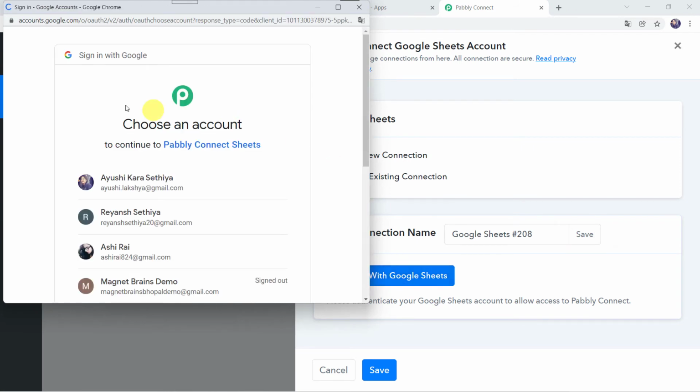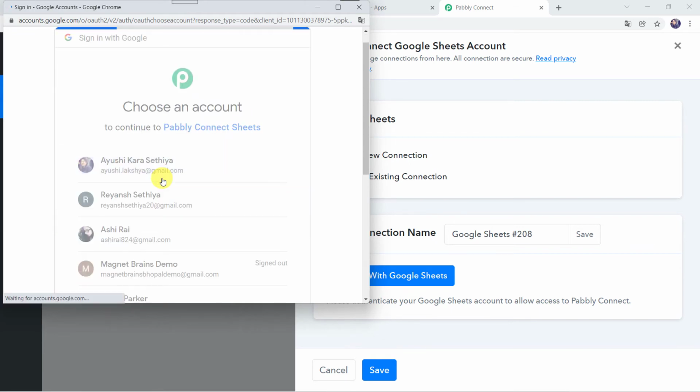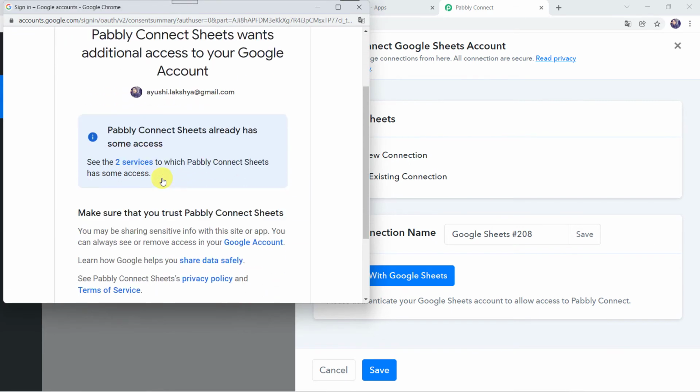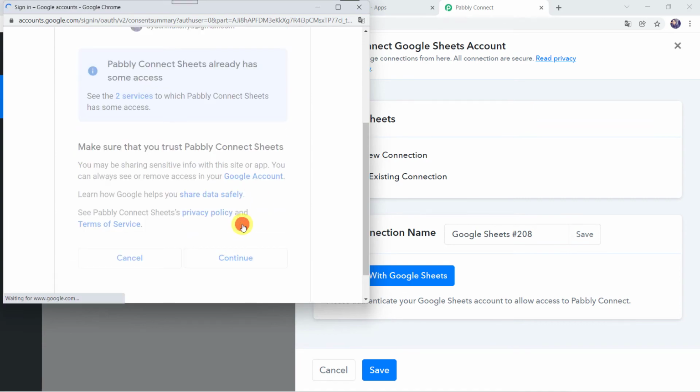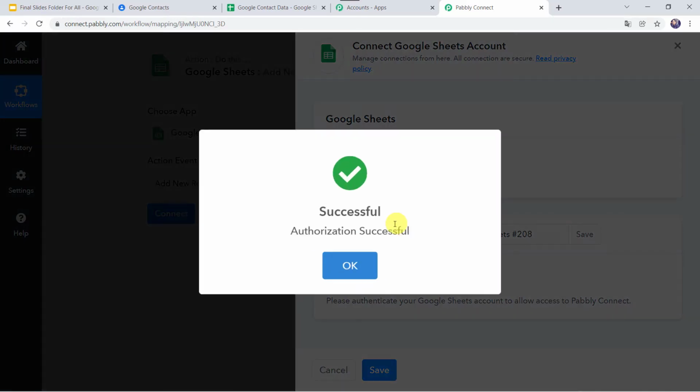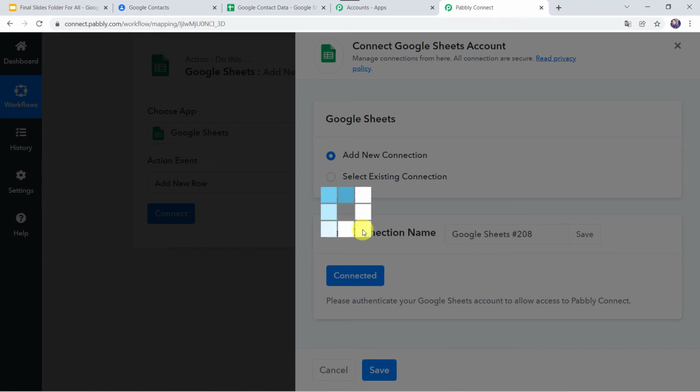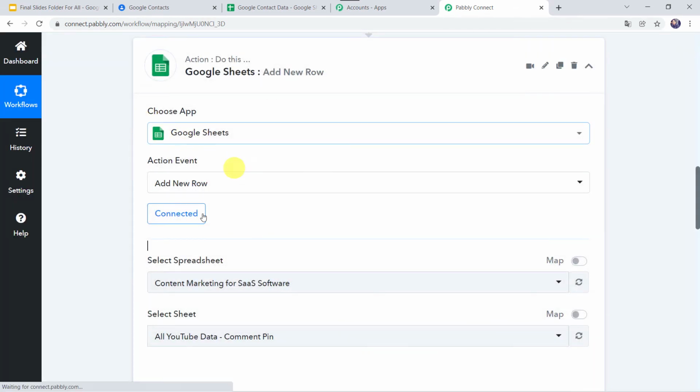Now here again it is asking for the account, in which account you want to link the Google Sheets. So I'll just choose the account. Okay, it wants the access. I'll click on Continue. Authorization successful. Okay, and now we can see that Google Sheets are connected to Pabbly Connect.